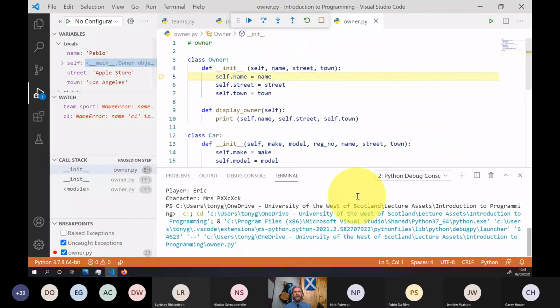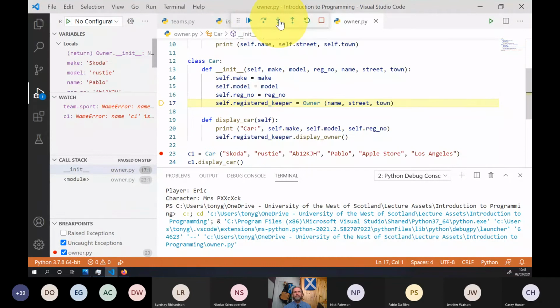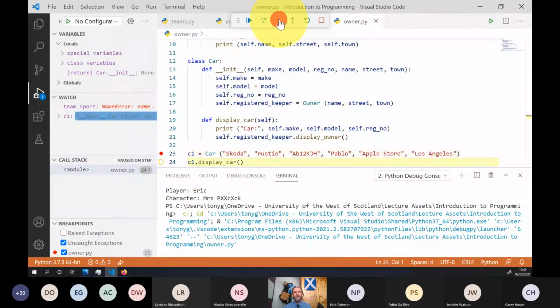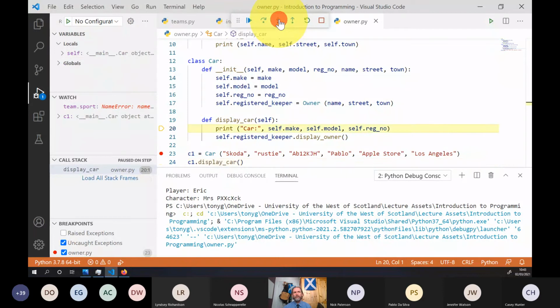But the owner, with name, street and town, goes into the owner class and defines a new one in there. So we've defined the class, and then when we display the car, the first thing it does is jump to the display car method in the car class.